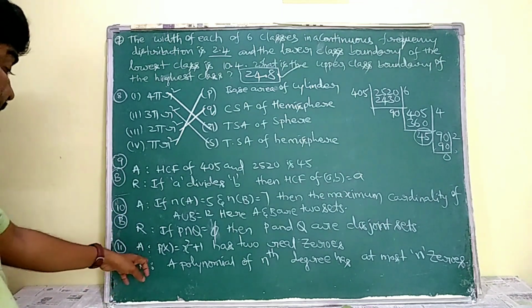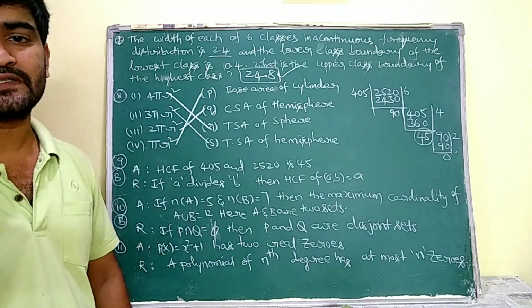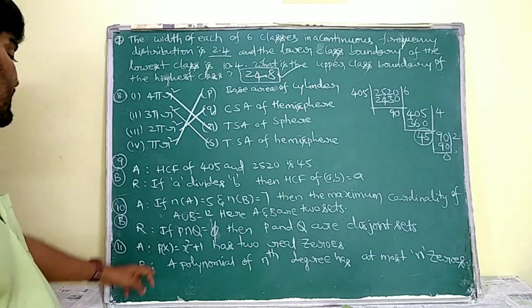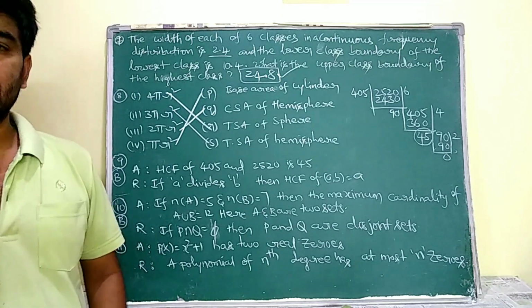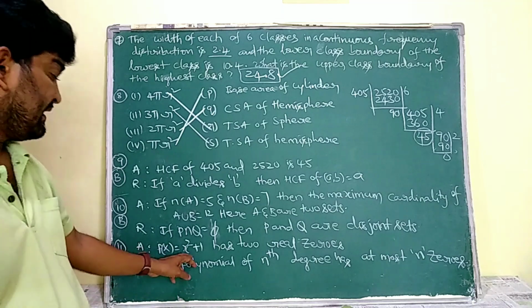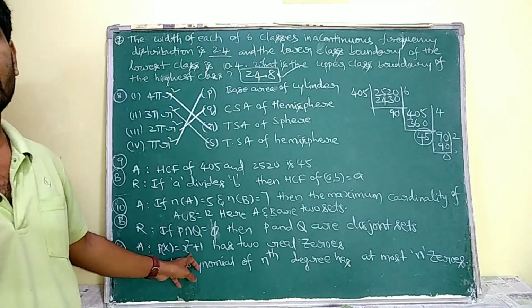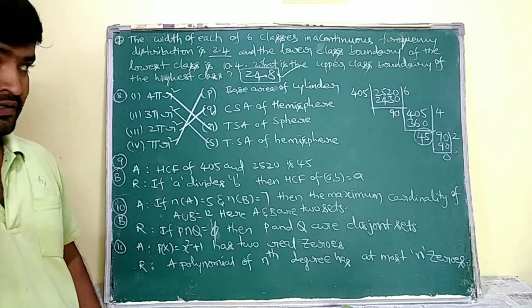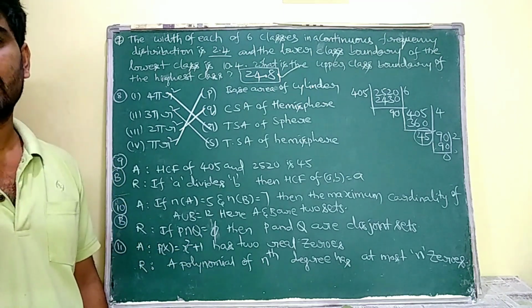Now see, P of x is equal to x square plus 1 has 2 real zeros is saying, but it's wrong. P of x is equal to x square plus 1 having 2 roots, yes, we are going to agree, but it is not having 2 real roots. Why? Because it is said to be a pure quadratic equation. Why? Because here in this equation there is no x term. For the pure quadratic equations, the roots are imaginary roots.